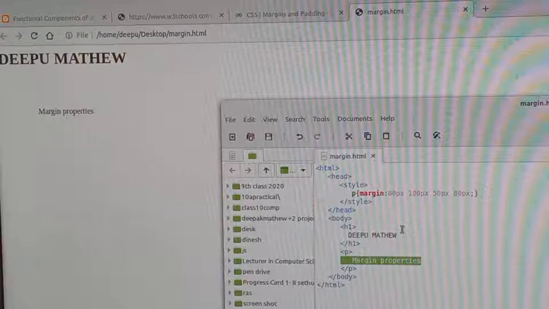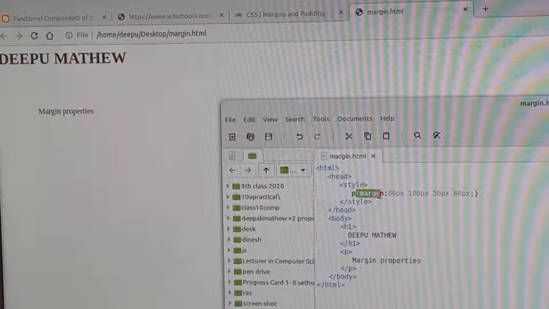Set the margins in the element with the margin property. Here it is clearly written that an element has four sides: left, right, top and bottom. The next one is important. The margin is the distance from each side to the neighboring element, and specified through four properties like margin left, margin right, margin top, margin bottom. Or you can simply combine all the properties by using what? Margin. Margin top, like that.